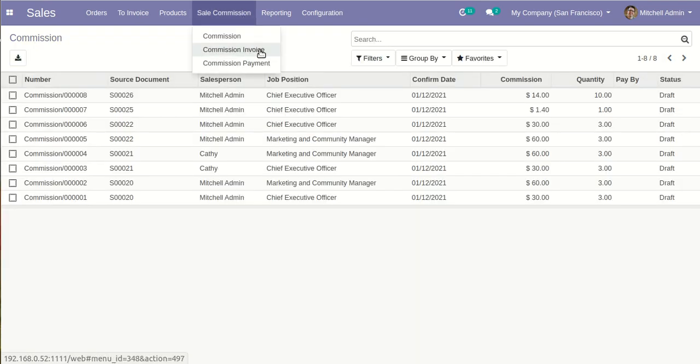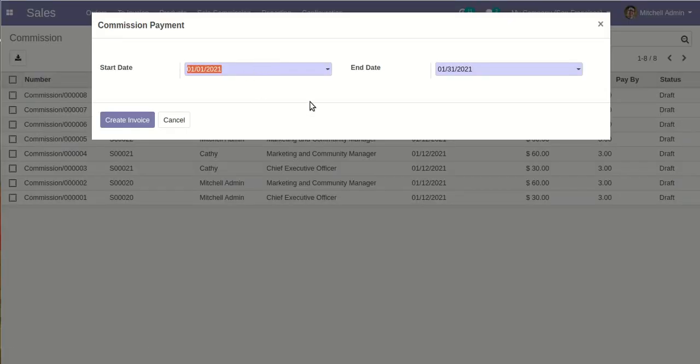Next, going to the commission invoice, but before that we will go to the commission payment. You have already seen that in the sales commission configuration we set it to be calculated at the time of payslip generation.